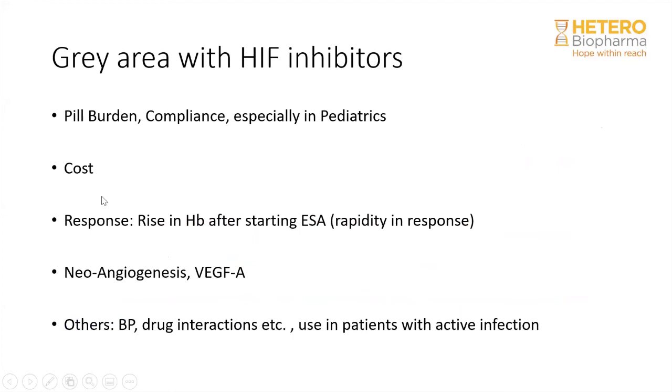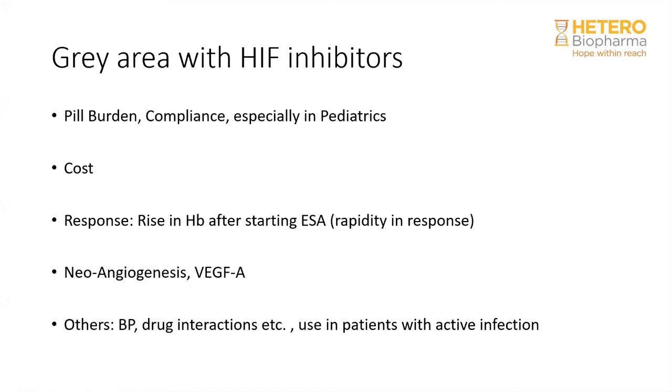They have still completed the phase 3 trials, and once they come into the market, one knows about the cost of it. Even though they say that the response to hemoglobin rise is 1 gram per deciliter in a month, it's not as smooth as it is claimed. One of the main gray areas is neoangiogenesis and the vascular endothelial growth factor, which is also HIF dependent, and that is the reason HIF2 alpha targeting molecules, the third or the fourth generation molecules, should be the ones we look forward to, and not the current ones.